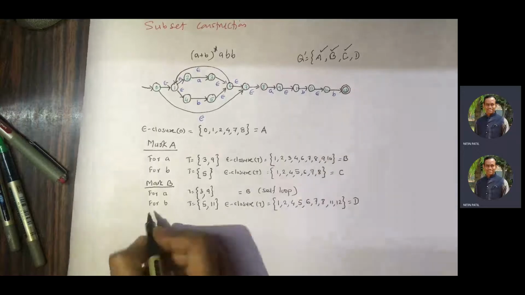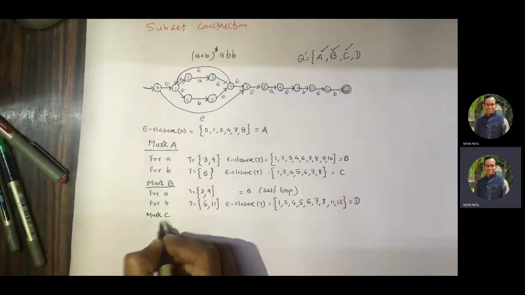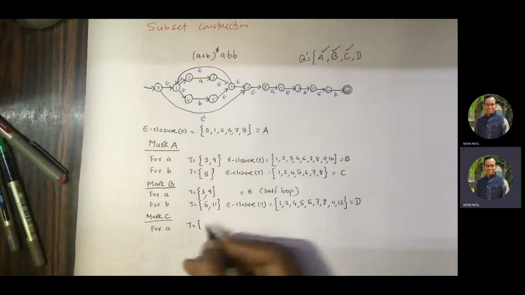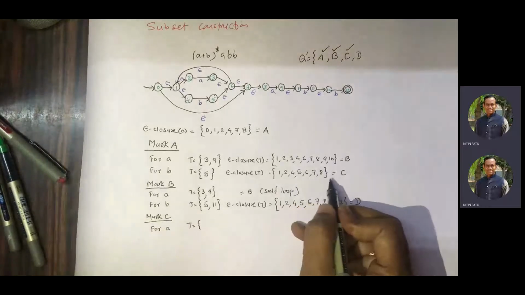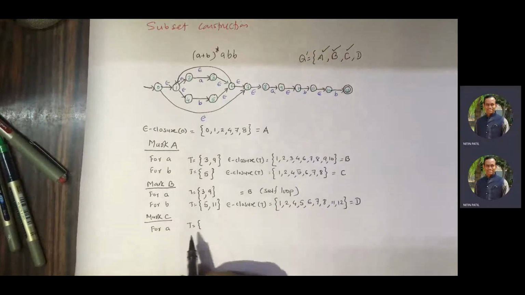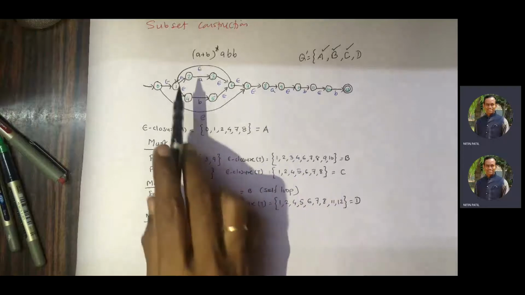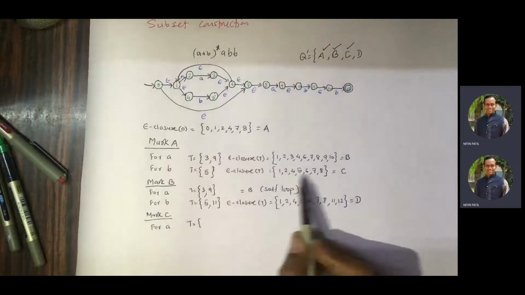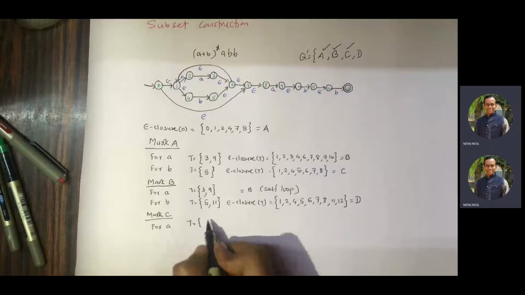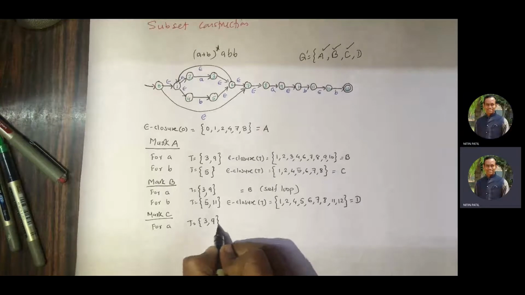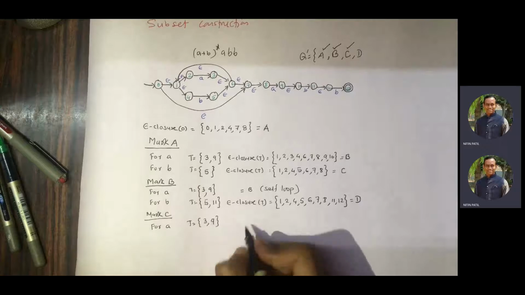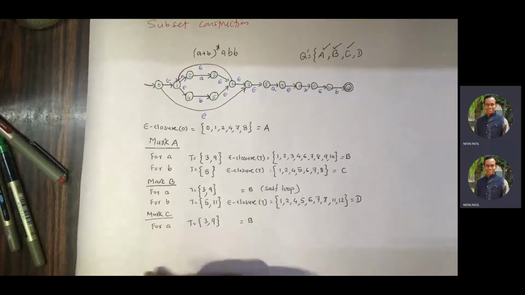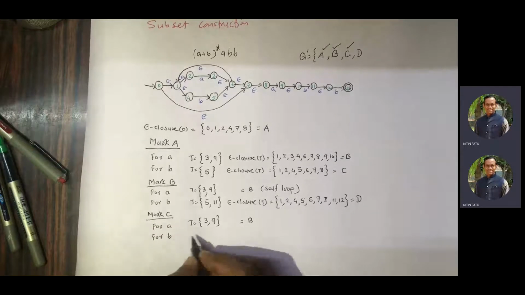So let us mark C now. Same thing for A. What is C for us? C is this set: 1, 2, 4, 5, 6, 7, 8. Now try to compute the same thing for A. We know there are only two states from where it is going with A, 2 and 8. We have both of them there. They are going to 3 and 9. Again, same thing, we have already computed this, so you can directly write B. No need to write a self loop because it is not a self loop; we are going from C to B. That's why. Fine. Now similarly, repeat for the next B. Compute T.